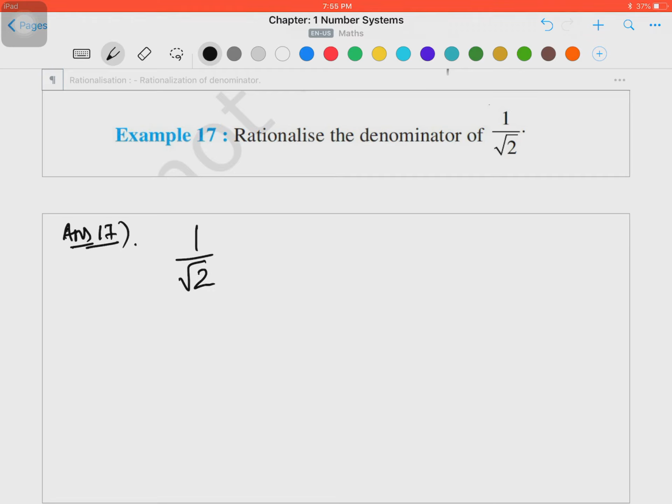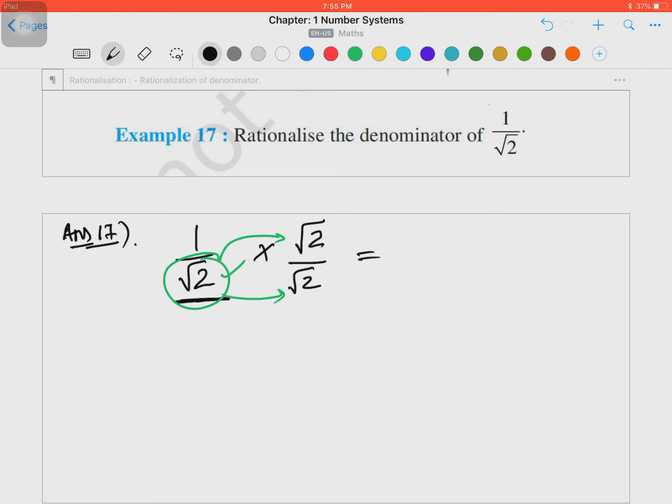So whenever you have an irrational number in the denominator, it's very difficult to locate this number on the number line. To remove that difficulty, what we will do is rationalize the denominator and make it into a rational number. So let's see how we're going to do this. Whatever irrational number we have in the denominator, we'll multiply that same number in the numerator and denominator. That means this same number, which is root 2, is multiplied to the numerator and denominator.